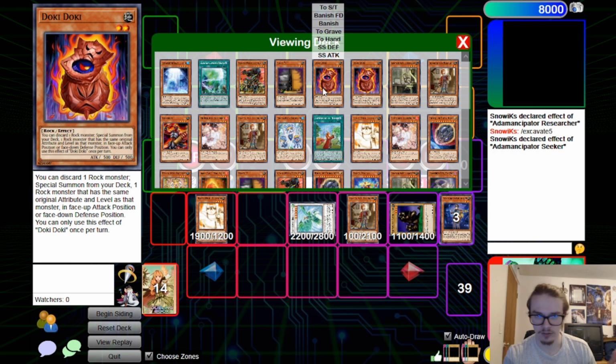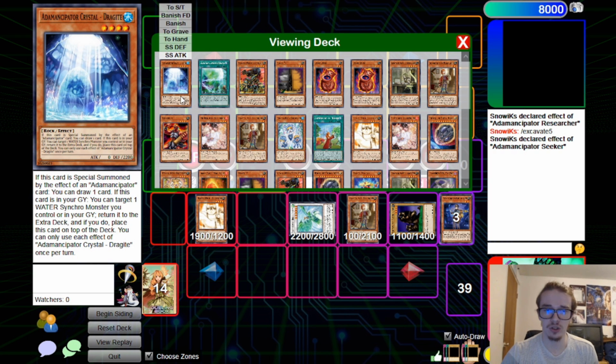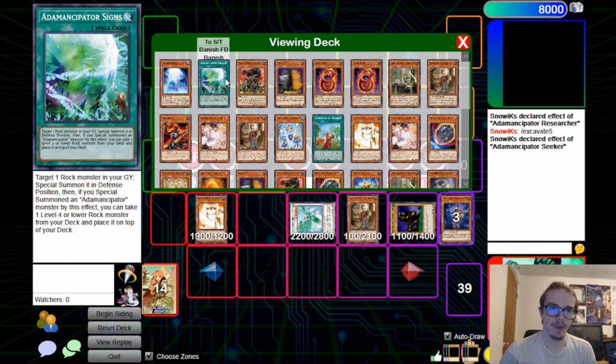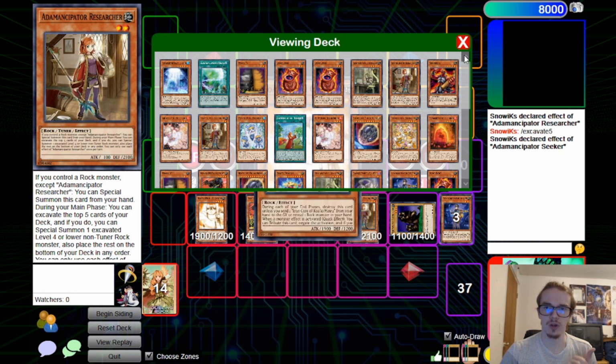Doki Doki is not very good here. I could go Supplier to search out another Guardian here, which gets us another level 4, which is also very good because that gets us into Gallant Granite, which then gets us to Block Dragon. We could also go Dragite to draw a card if I feel like I need to draw a card, potentially. But I think here we are going to go for Supplier, and then Supplier will add to our hand the